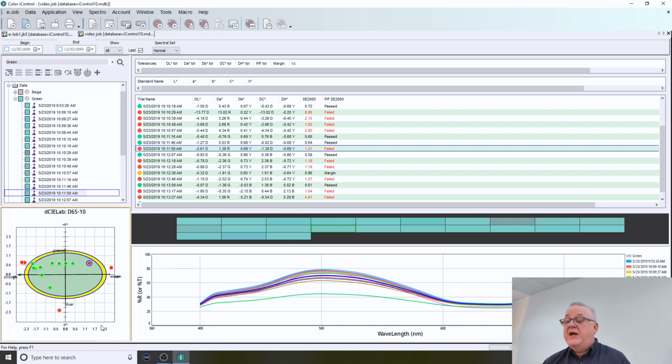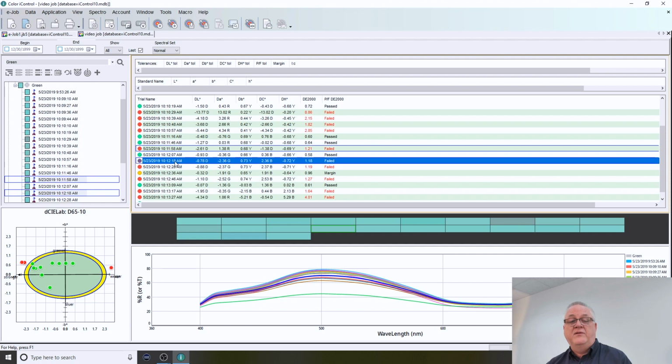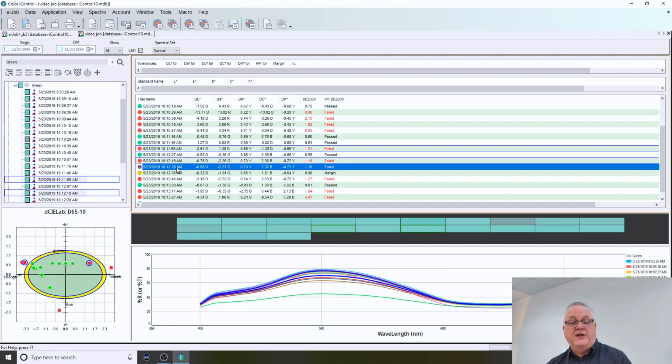Now, sometimes we make a determination that I've got samples like these, and I can double click here, by the way, and it'll highlight them out in the plot as well. So I have a 1.18 and a 1.19. Maybe my customer is visually accepting that, and even I visually accept it. It might indicate that I need to adjust my tolerance.